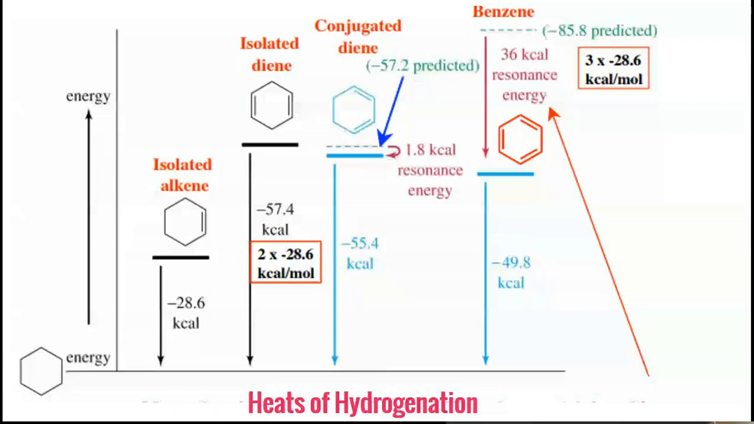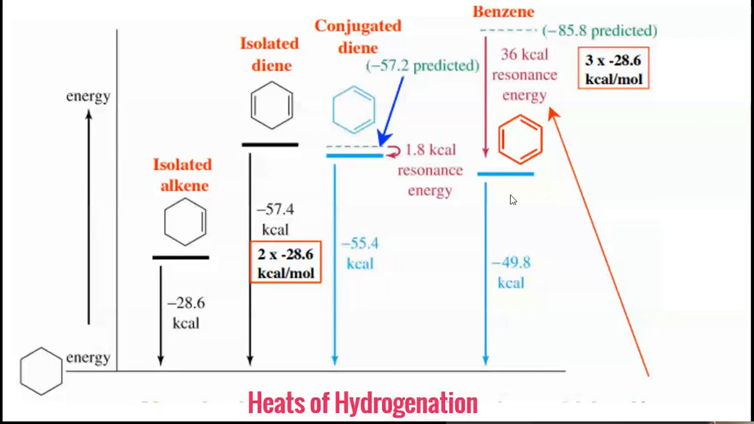Now, what is expected from triene? I would expect 28.6 multiplied by 3, which should be somewhere around 85 to 86. What is observed is the actual value. That means I'm using benzene and doing hydrogenation so that all the double bonds are saturated. It is 36 kilocalories less than what is expected. It means benzene itself does not have that much energy to give away, and therefore we call it benzene 36